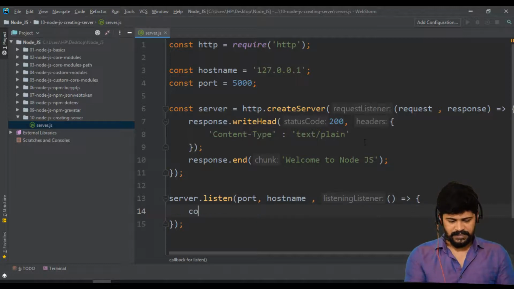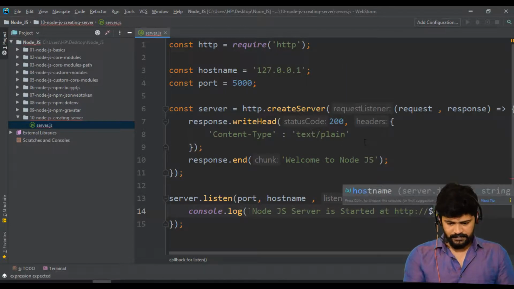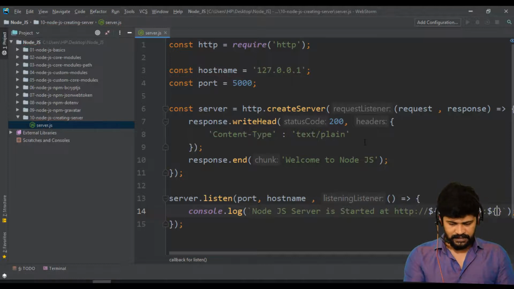Here I write a console log for confirmation, using a backtick: Node.js server is started at http://hostname:port number.